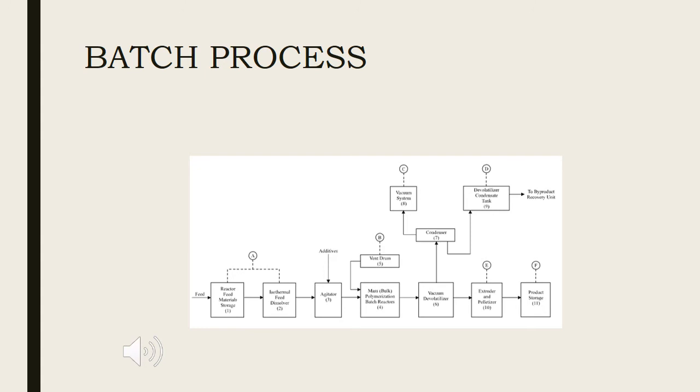Molten polystyrene from the bottom of devolatilizer, which may be heated to 250 or 280 degrees centigrade, is extruded through unit number 10, which contains a stranding die plate, a plate with numerous holes to form strands, and is then immersed in a cold water bath. The cooled strands are pelletized through unit number 10 and sent to product storage, which is unit number 11.